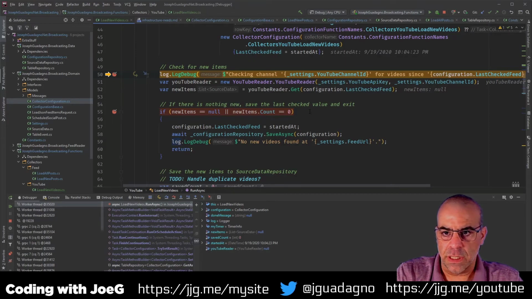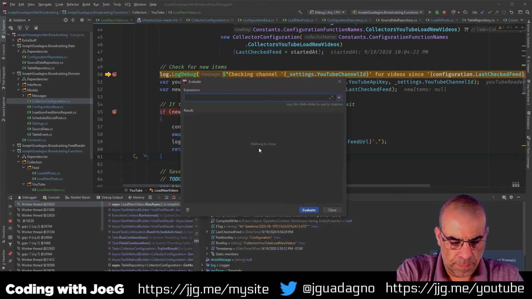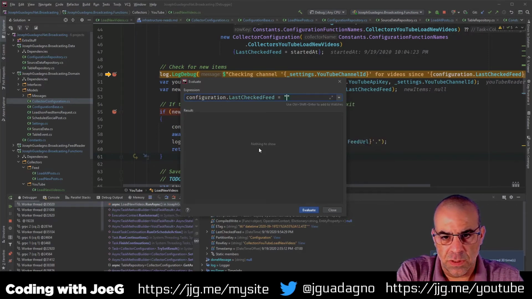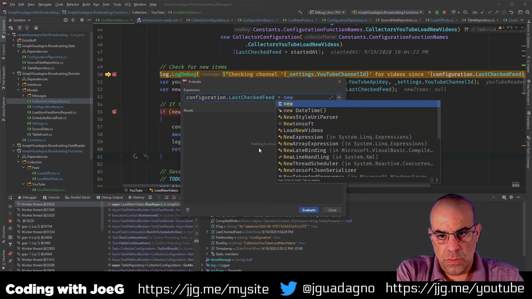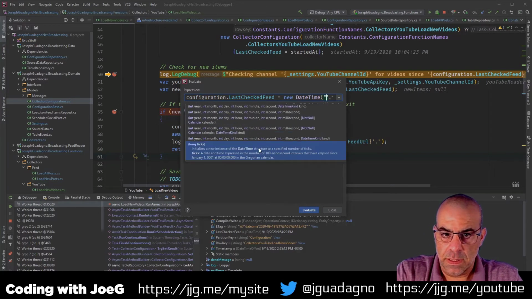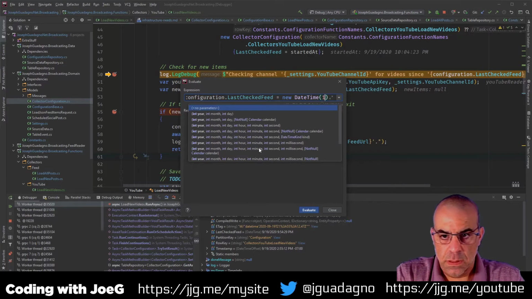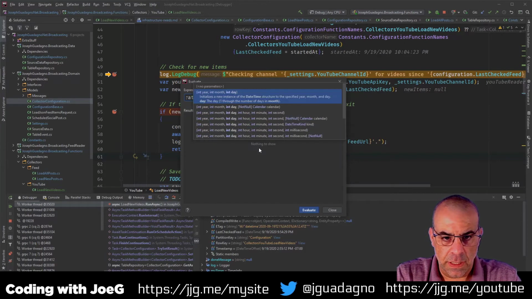So let me change the configuration dot last check feed to new DateTime 2020, 09, 01.